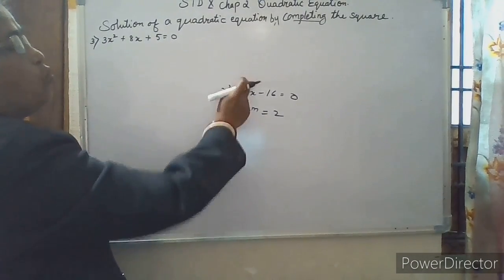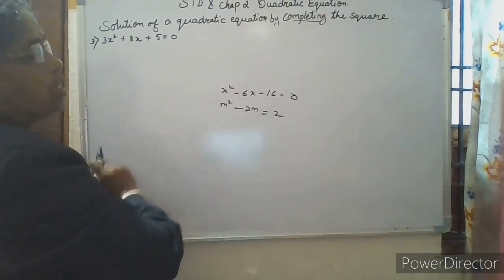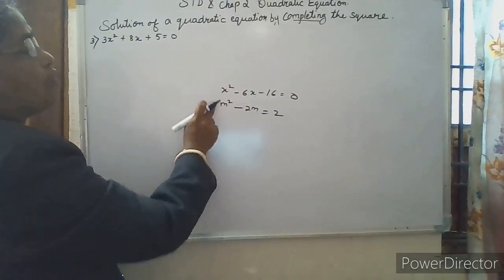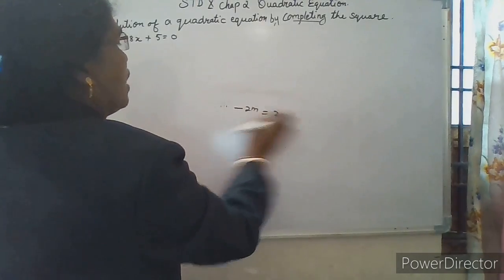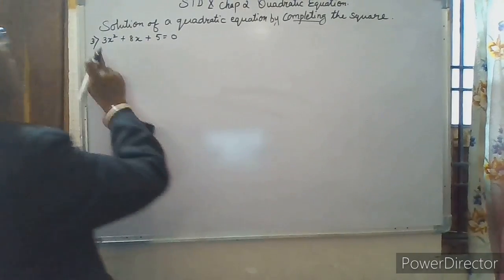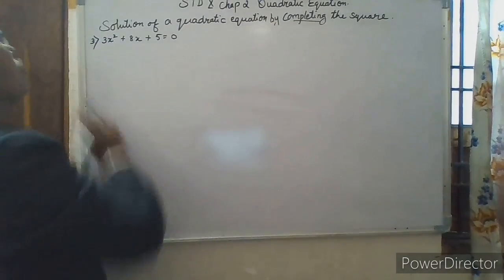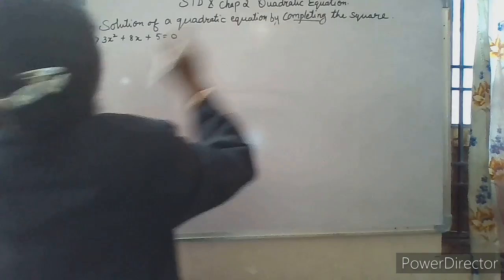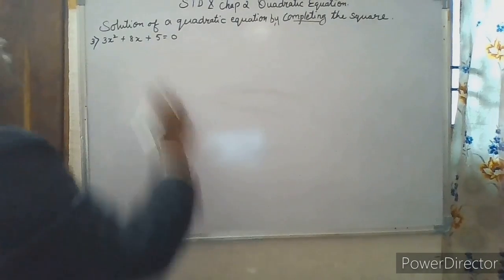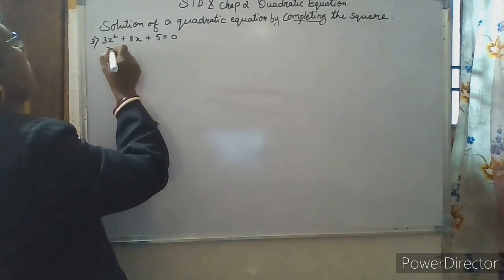In the previous two questions that we solved, x squared had the coefficient 1, and m squared had the coefficient 1, so we could solve it directly. But here there is coefficient 3 for x squared. So for the completing the square method, we have to get rid of this coefficient. Therefore, we will divide the equation